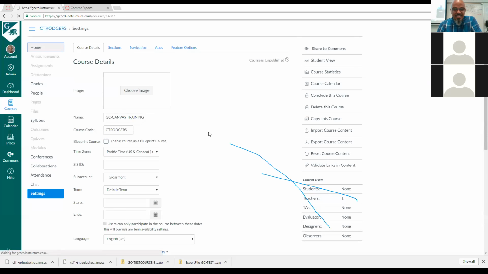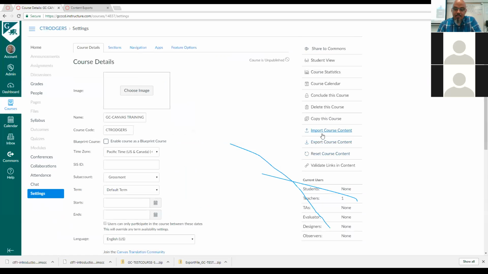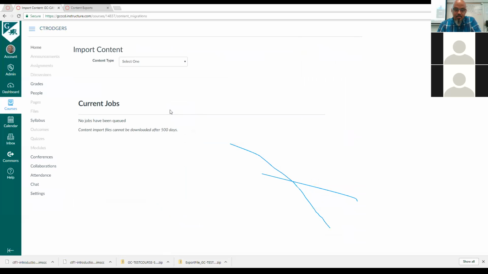So you can sit there and see everything is now gone. This is where the heart attack sets in. So if you did your backups correctly, I could go into settings, import course content. The content type is now a Canvas course export package,